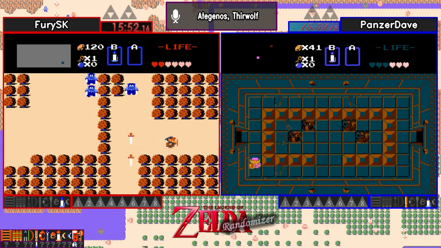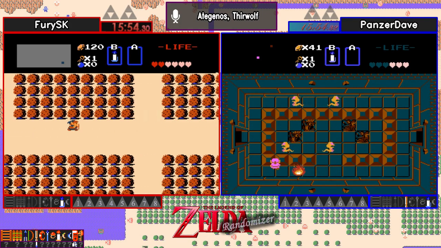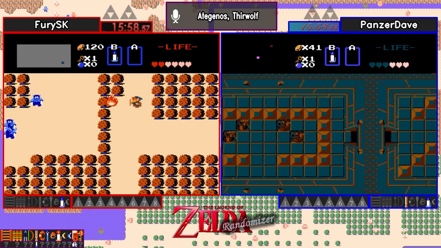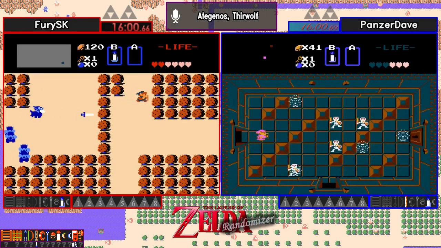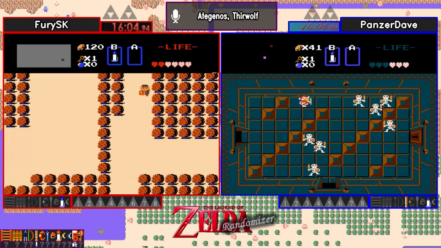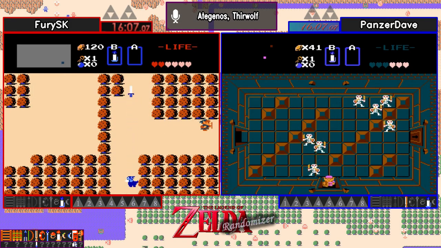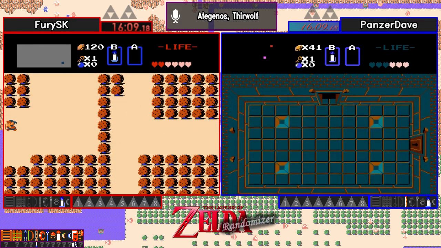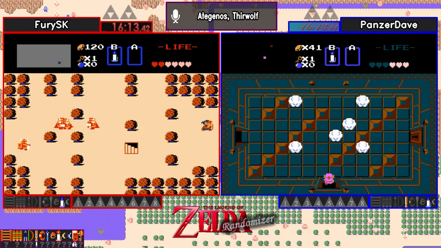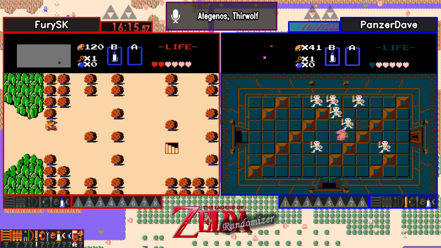Good lord, all these Lionels. Oh man. It's like all the easy screens are Octoroks and all the choke point screens are Lionels and Darkness. Has Fury attempted to kill a blue Lionel yet? I don't think so. I know it's rare for them to actually drop down that low, but with -4...